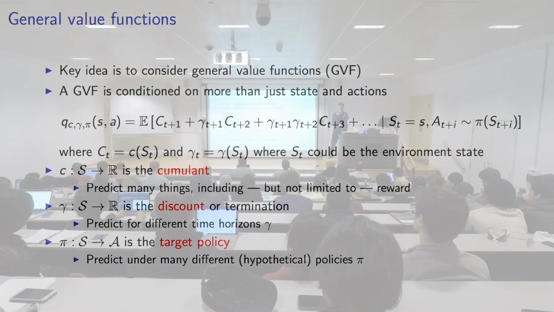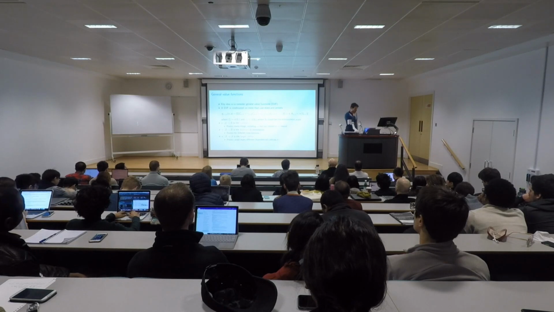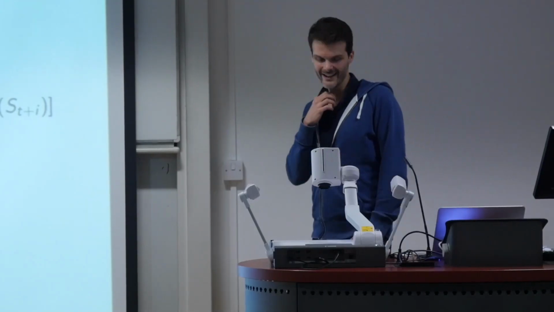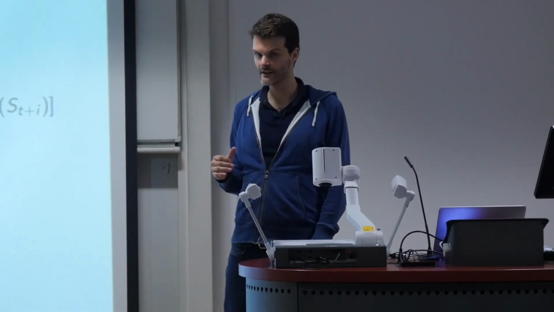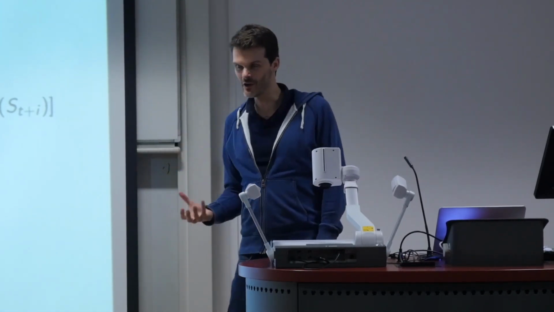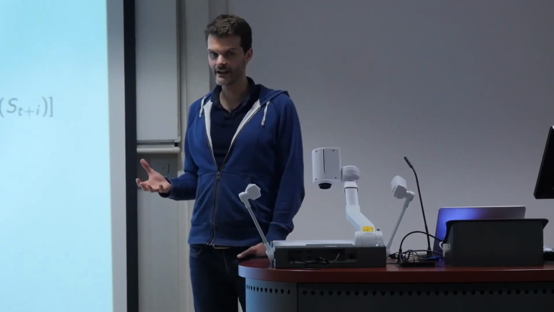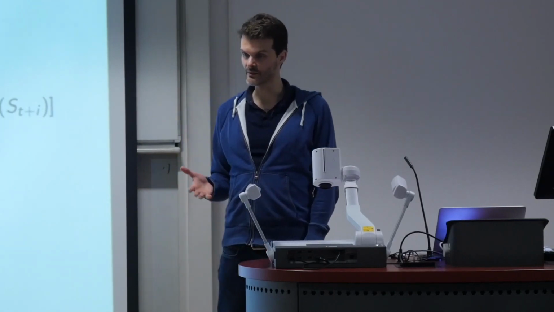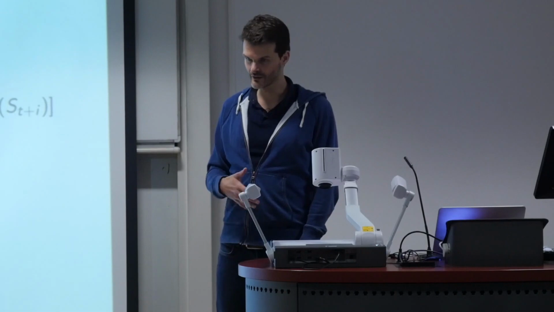Yeah. So the cumulants are part of the state, right? That is a very good question. Are the cumulants part of the state? I need to probably be a little bit more precise here. The cumulants are definitely part of the state as a whole, so including the agent state and the environment state, because otherwise they're not there, right? They need to be signals that you're predicting. They could just be part of, say, your raw inputs. You could be predicting pixels. They could be part of your agent state. You could be predicting features. All of these are sound, but they must indeed be real signals somewhere.